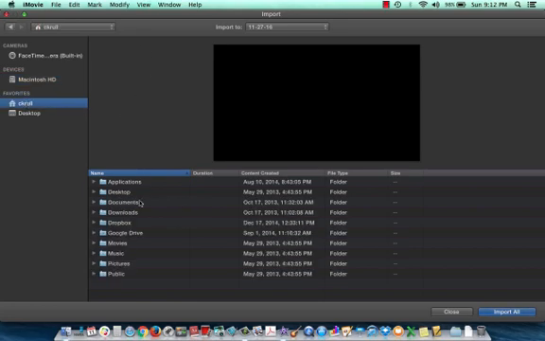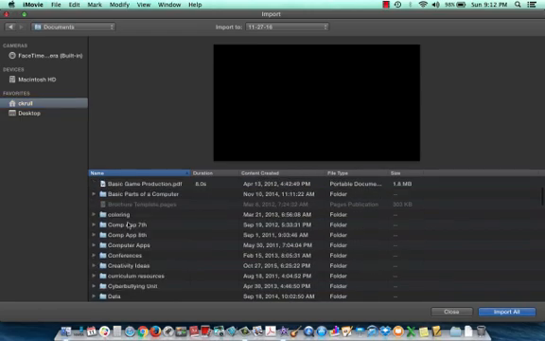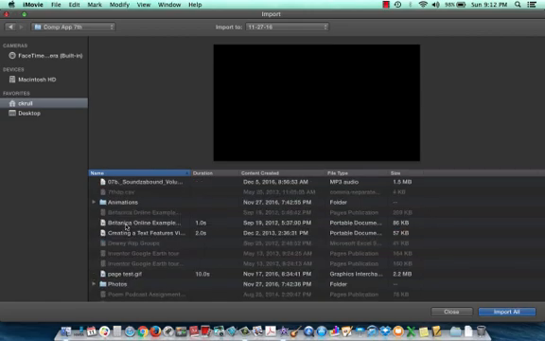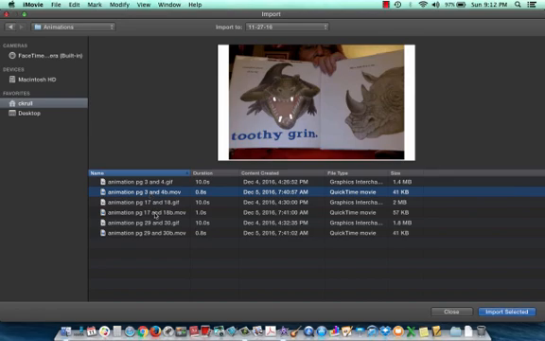Go into my documents, go into my computer app 7 folder, go into my animations. Need to import my dot moves. Holding down my command key, for those of you that were absent Thursday or Friday, with the command key down you can click on items that you want that are not in a row. Choosing all my dot moves,